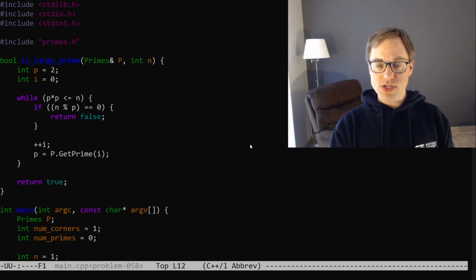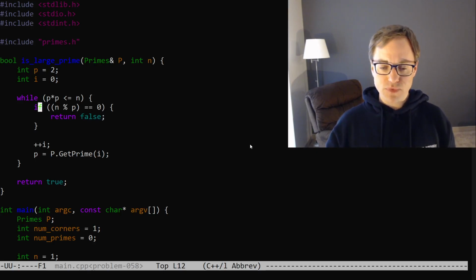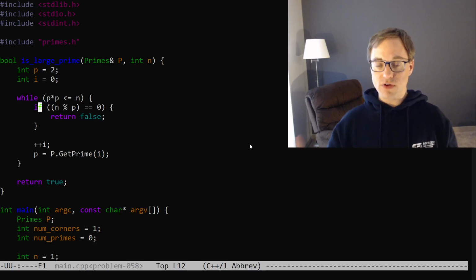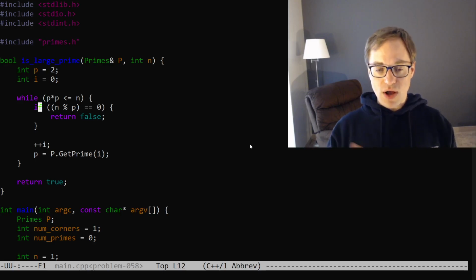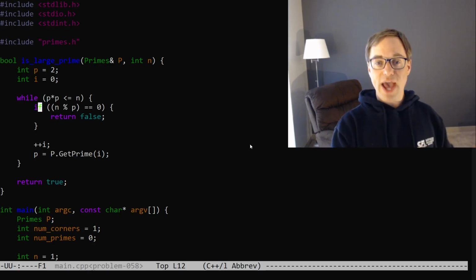Normally, with the current arrangement, we would just generate all the primes up to that point, and our primes class is actually pretty good at quickly generating all primes less than 1 million. And once it's done that, we have those results. They're cached. And so if we do primes testing in the low millions or high hundreds of thousands, those are going to be very fast